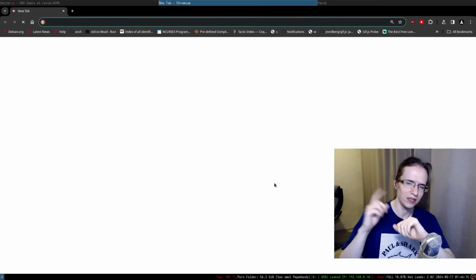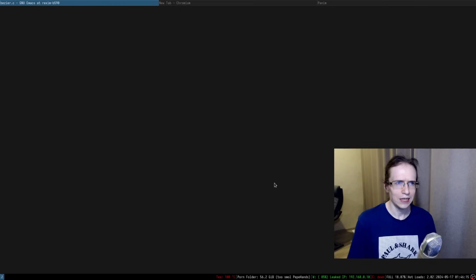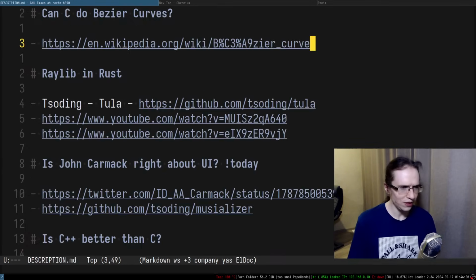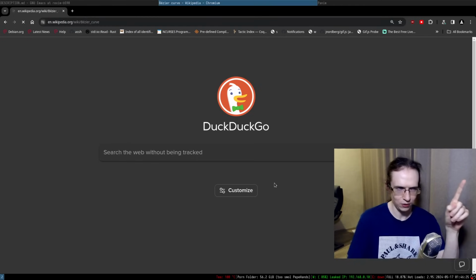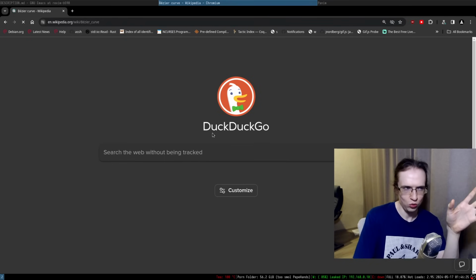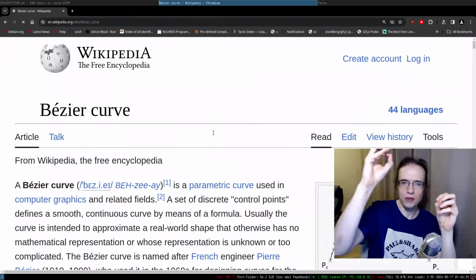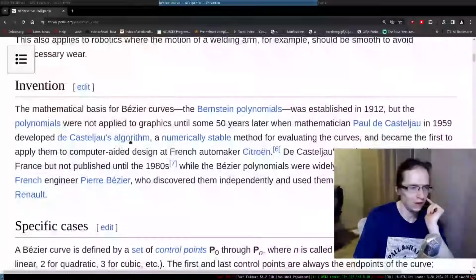You end up with a cubic equation. I think it was even described in that Wikipedia article. We can just yoink that formula and use it to sample the Bezier curve